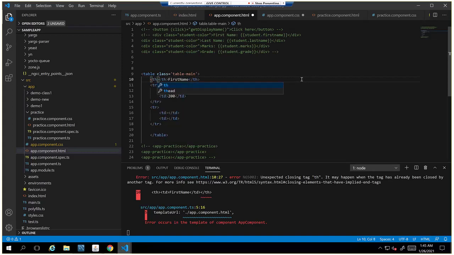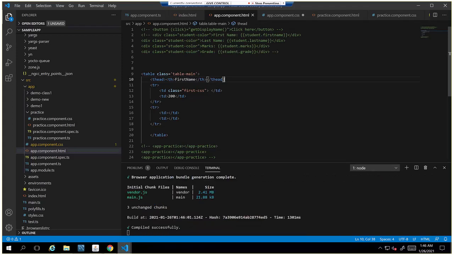It is thead. Inside thead, we'll have TH tags. Exactly. Table header and TH.